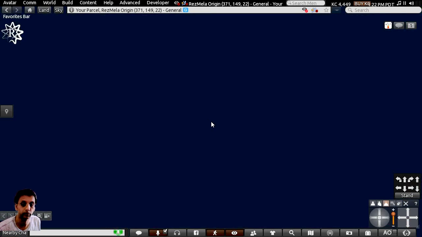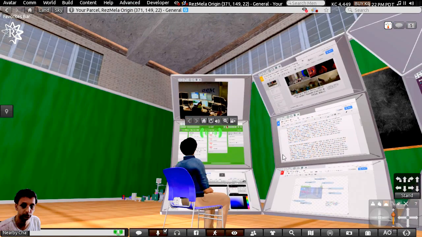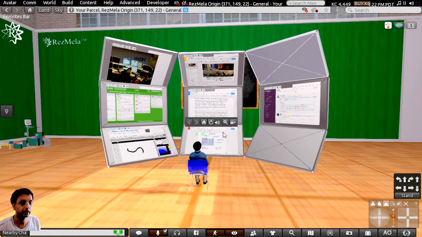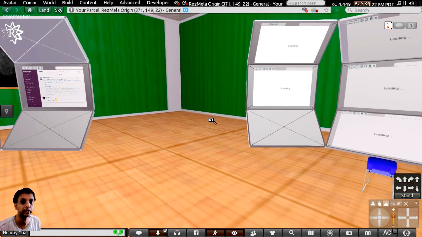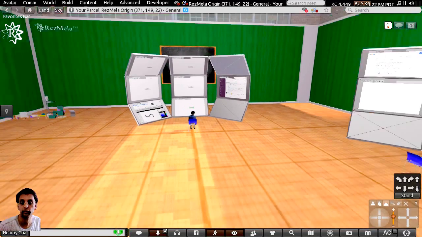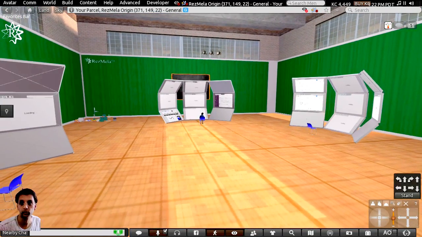So that's basically what I wanted to show today: the kind of thinking that goes on when you're trying to design an information space for your virtual office inside a virtual world.